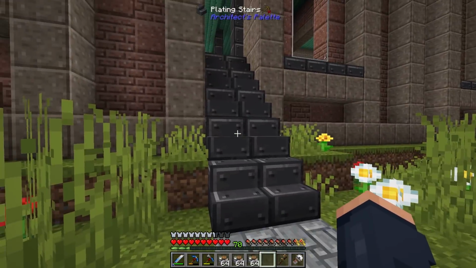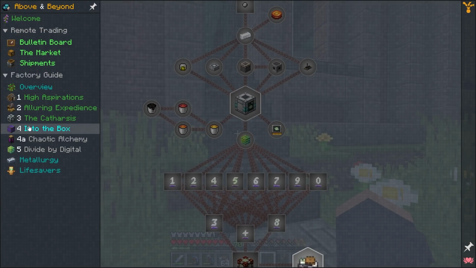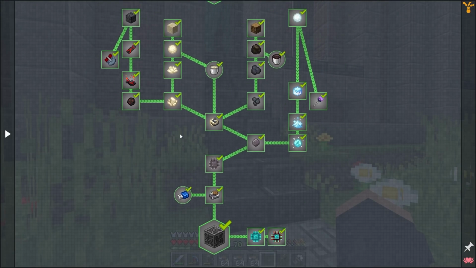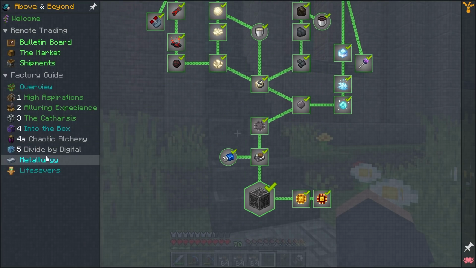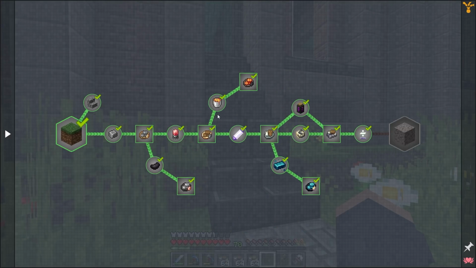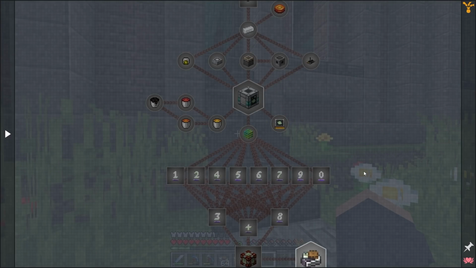So let's talk a little bit about completing this chapter here. We have completely completed this. I have all of my processing parts. All that stuff is ready to go. But Divide by Digital is the next in the factory guide going forth here before we go to space. And Divide by Digital,